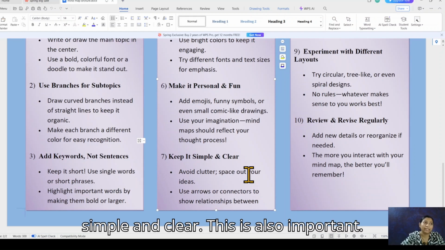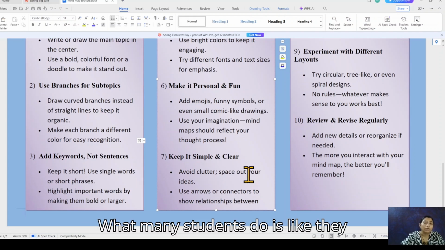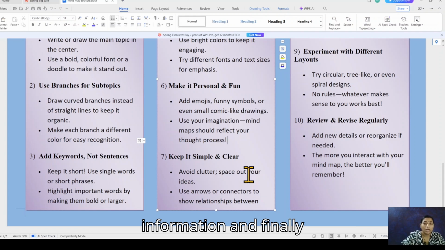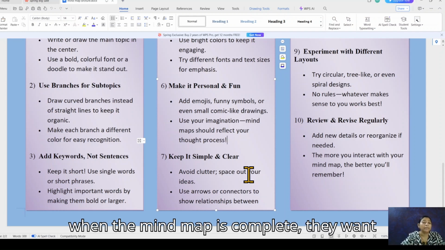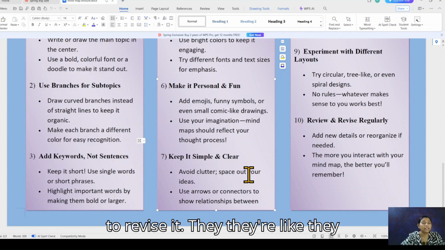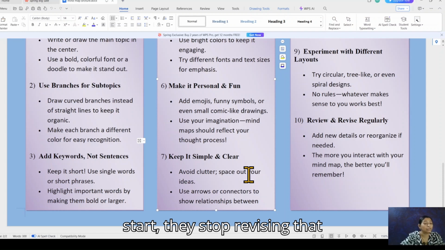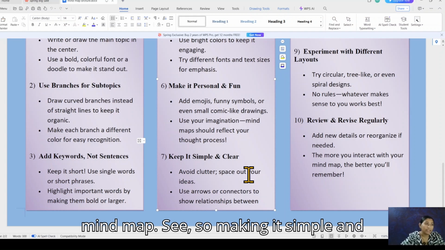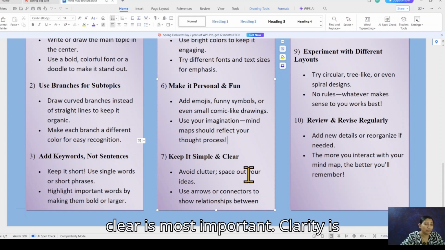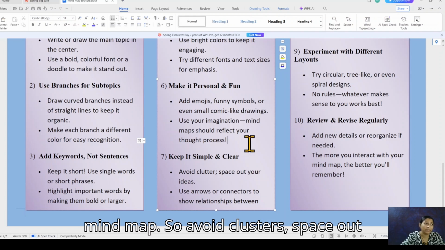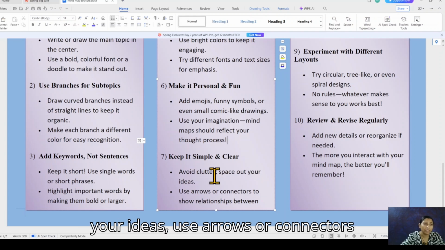Keep it simple and clear. This is also important. What many students do is they just clutter the whole page with a lot of information. And finally, when the mind map is complete, they want to revise it. They don't like their own mind map, and they stop revising that mind map. So making it simple and clear is most important. Clarity is required everywhere, like while doing the mind map. So avoid clutter, space out your ideas, use arrows or connectors to show